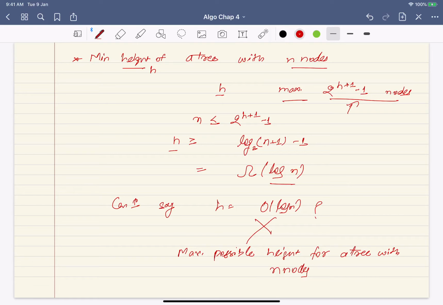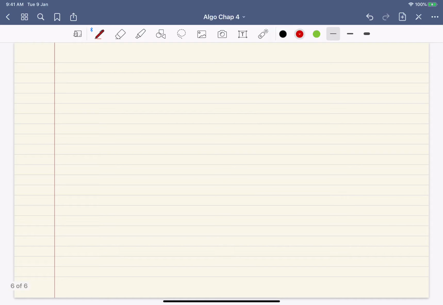You are always free to draw a tree where you only have left children and no right child. So for example, I can have a tree in this form, with only a left child for every node. If there are n nodes, what is the height? Height is n minus 1.